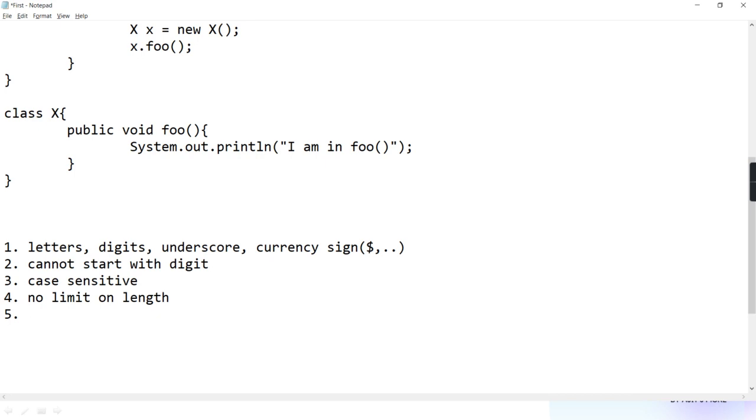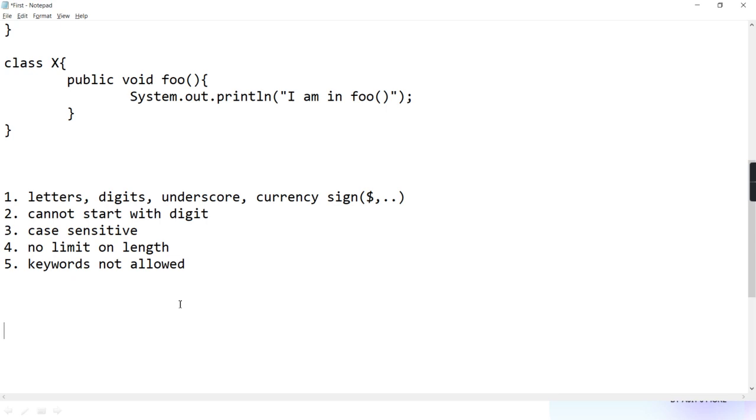And the last point you have to remember is that reserved words or keywords are not allowed. Means you cannot create a variable with a reserved word. Like I'm writing int for = 45. Is it wrong? Yes, because for cannot be the name of my variable, because for is a reserved word.